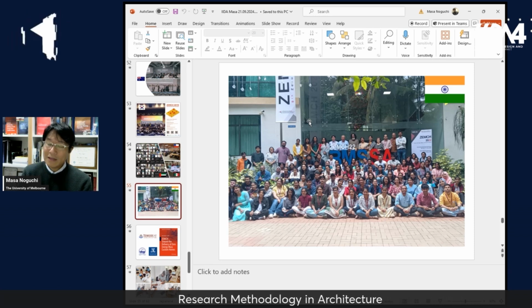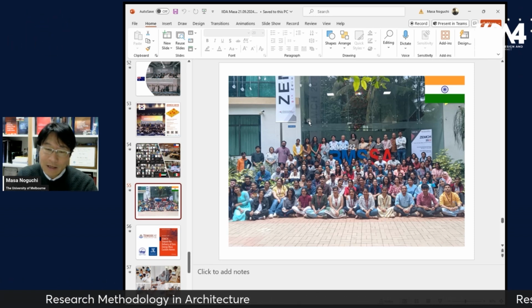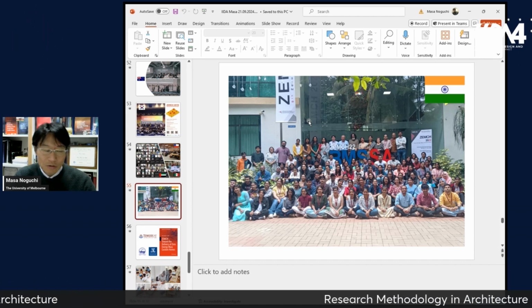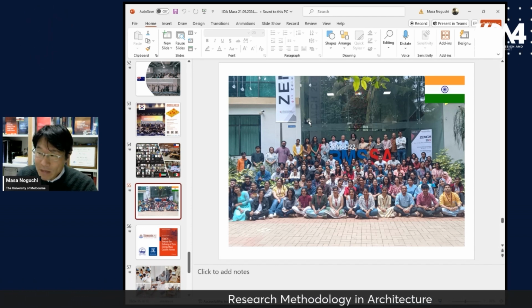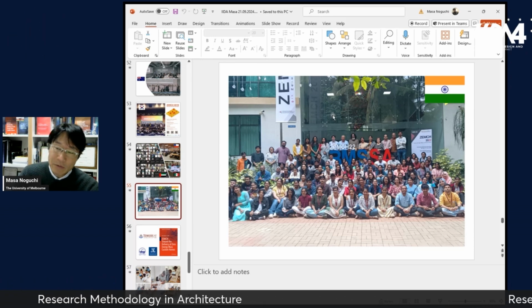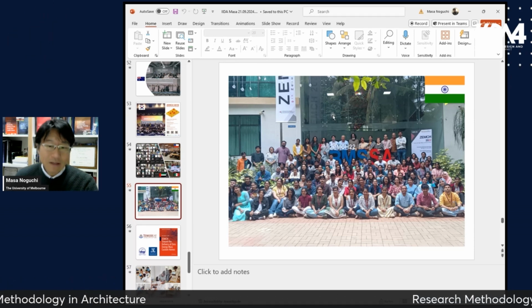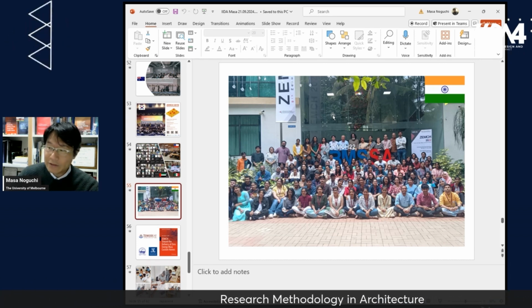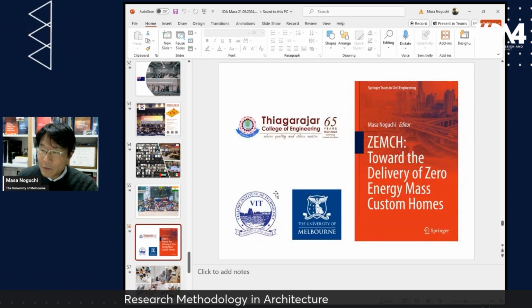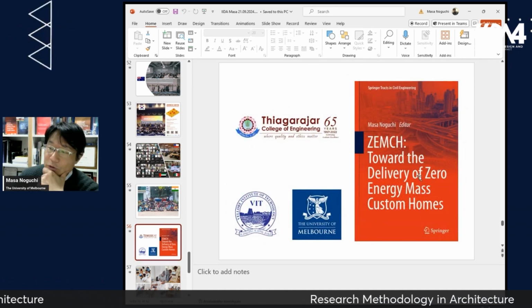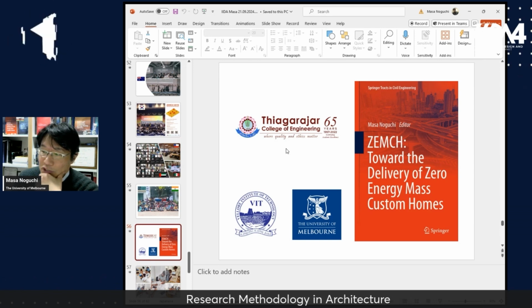The Gandhi block achieved a green rating, India's first excellent level institutional green rating, and he designed it, and the assessment was done by my student, Kritika. She graduated from Macintosh School of Architecture when I was teaching. We have a ZEMCH Bible, and based on the red book,